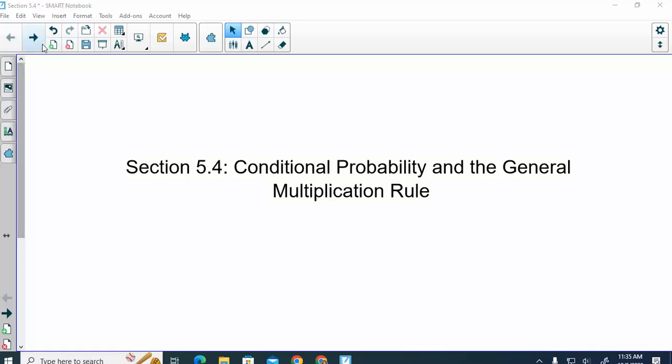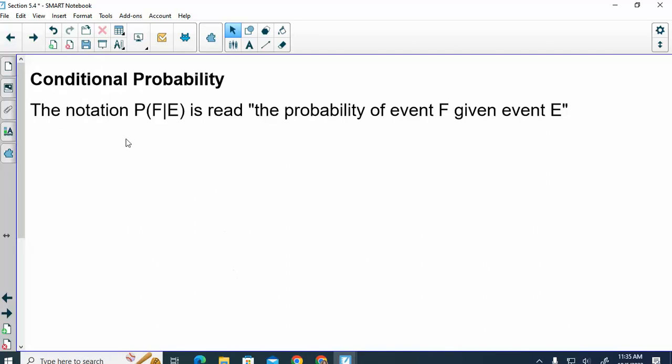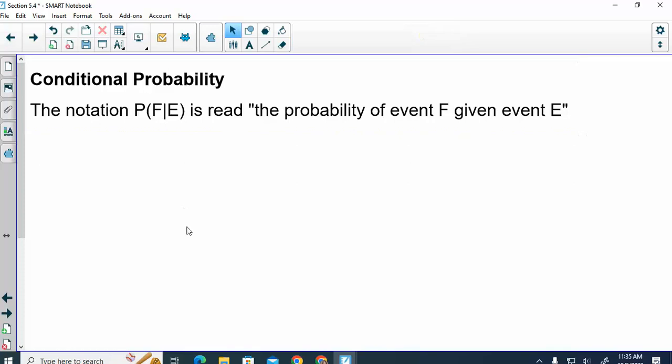And conditional probability is in red. You'll see it has a vertical bar in it. This means the probability of F given E. So it's the probability of one thing happening if I already know something else occurred. Okay, so it might be the probability of, let's see, the seniors showing up at the softball game given that